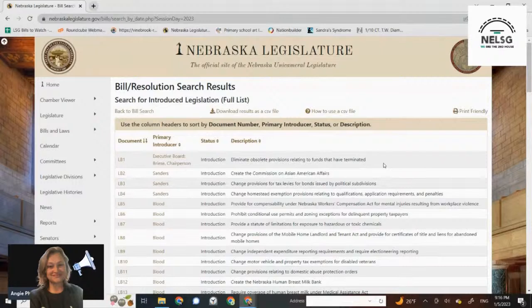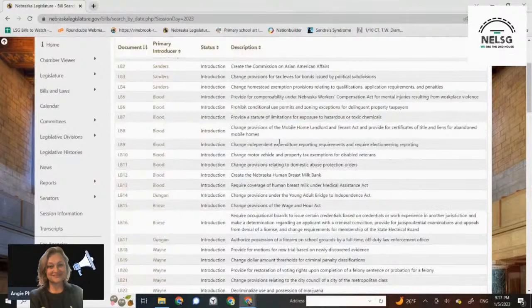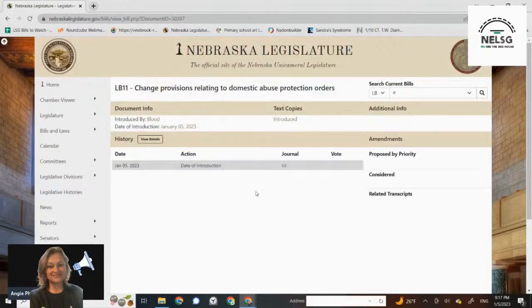Usually you can read through that description and get an idea if it's going to be a piece of legislation that you're interested in looking at. If you scroll through and you see some information that looks interesting to you, I just briefly see this from Senator Blood on domestic abuse protection orders, so that might be something I'd be interested in. So I can just click on the LB 11 right here, and that's going to pull us up to the